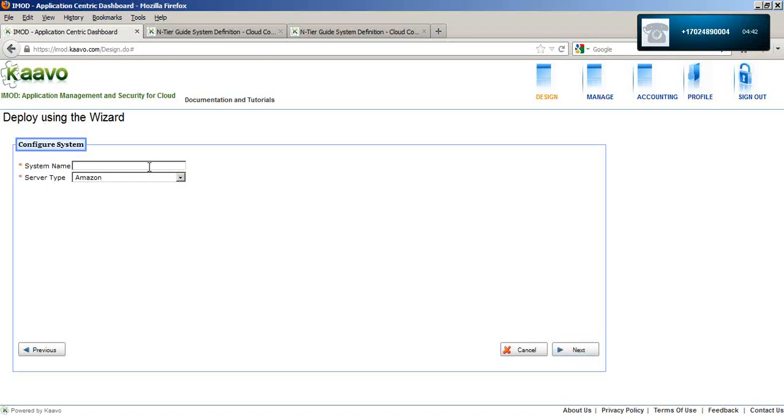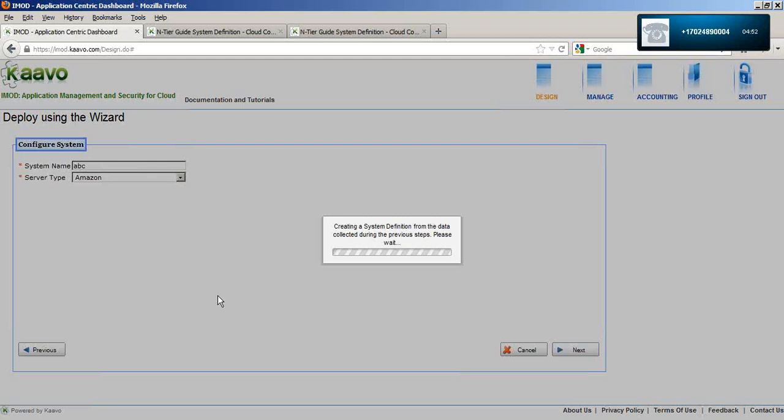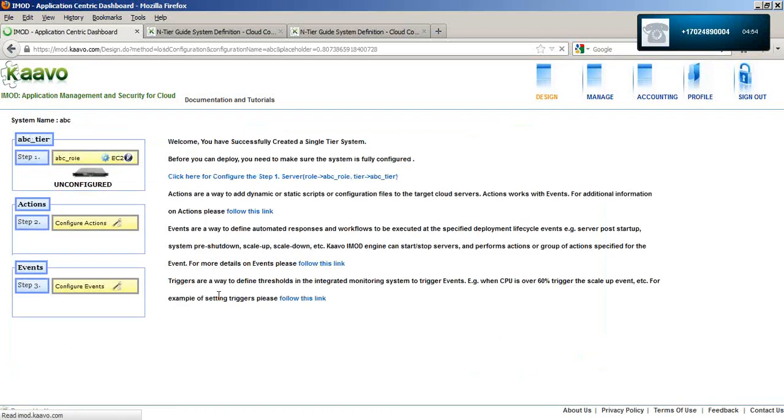Let me give the system an arbitrary name like ABC and click next. This brings up the system configuration wizard. To access the feature I am talking about, I have to click on the edit provider icon here.